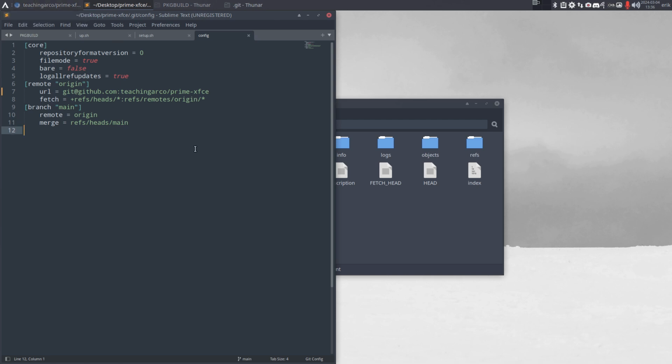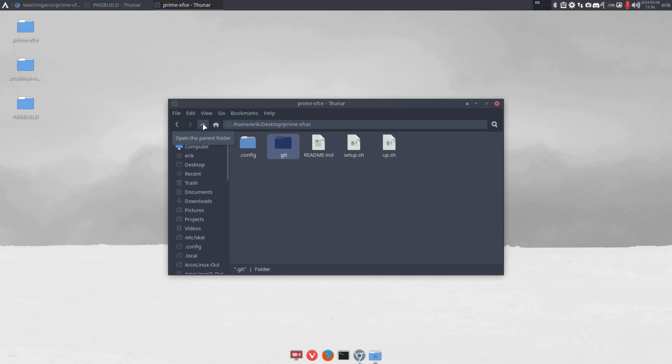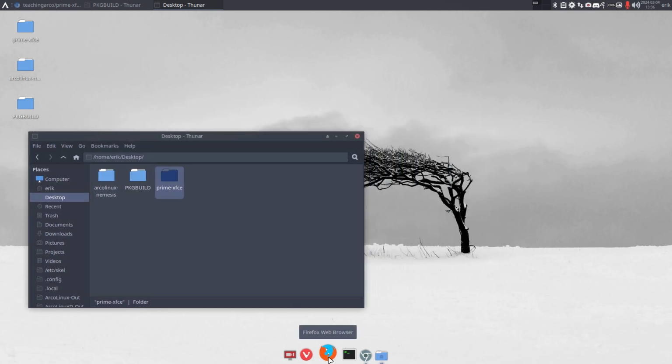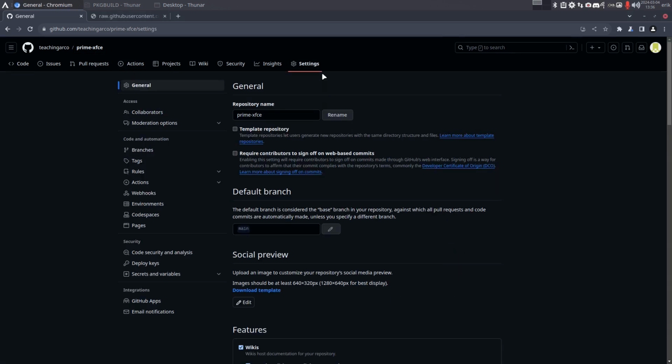Yep, we have them too. So what I better do is make a separate one. Just make a separate one. So prime-xfce is good, it's fine, it's cool, but I'll stick to the naming convention that we've used, which was,